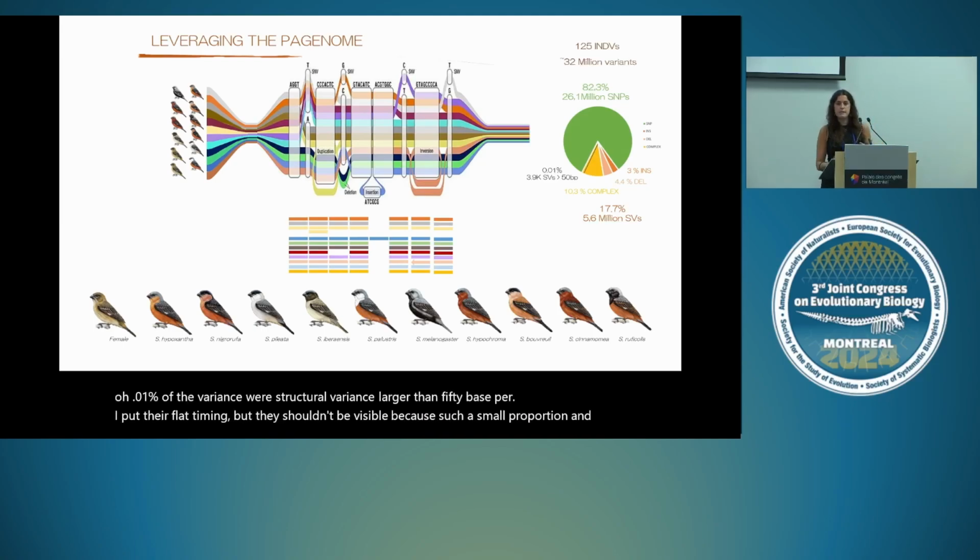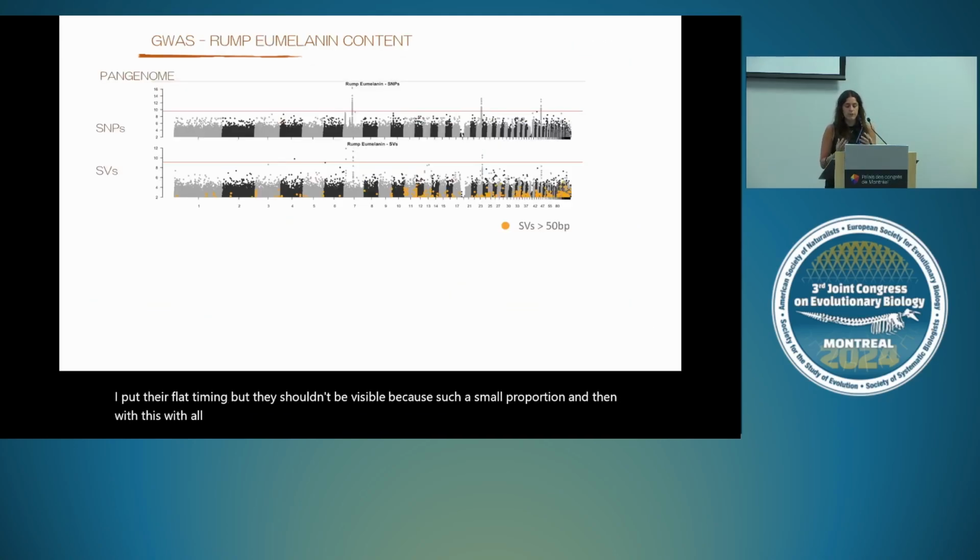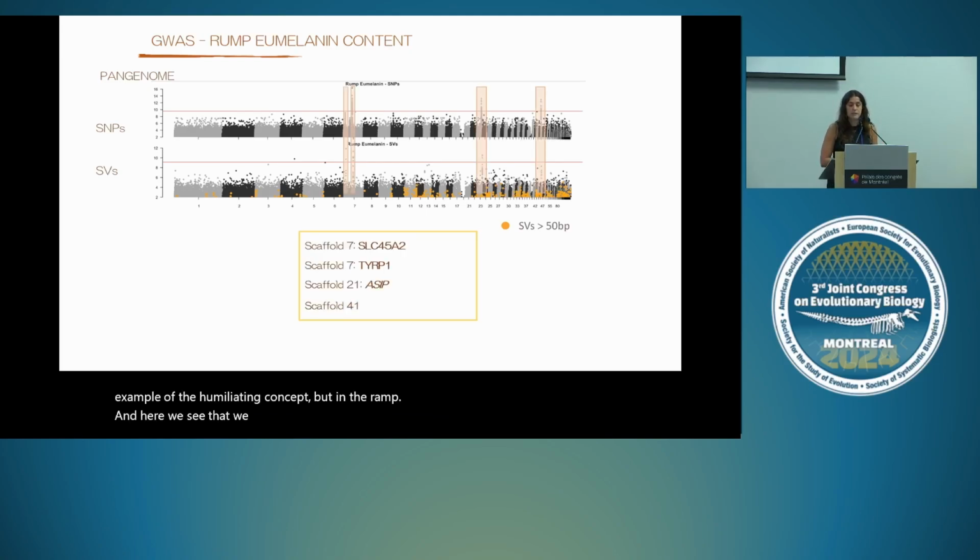And then with all this variant calling, we performed a genome-wide association study to see the associations between all the variants and the differences in plumage coloration. So Leo yesterday showed the example of the eumelanin content in the belly. Here I'm showing the example of the eumelanin content, but in the rump. And here we see that we recover, again, some peaks containing melanogenesis genes. And we also are able to see that